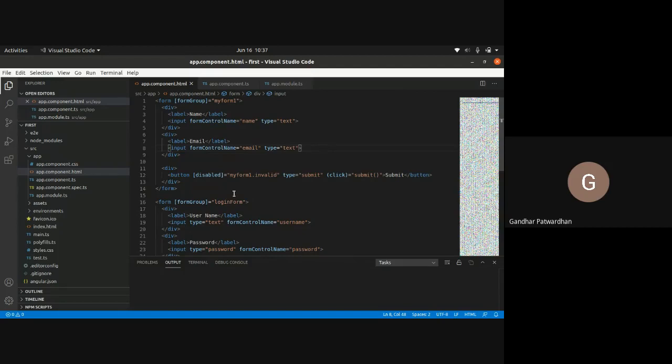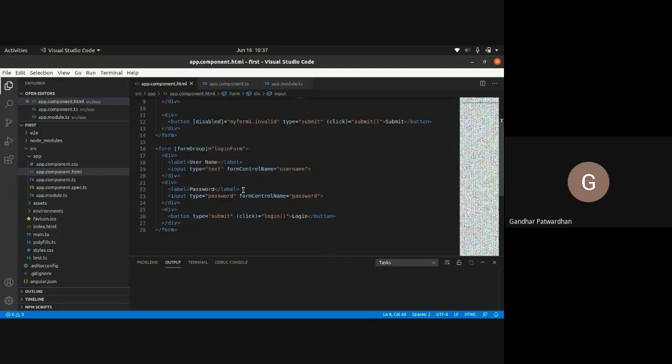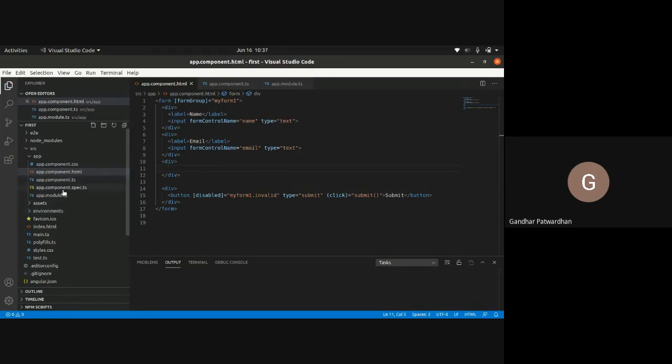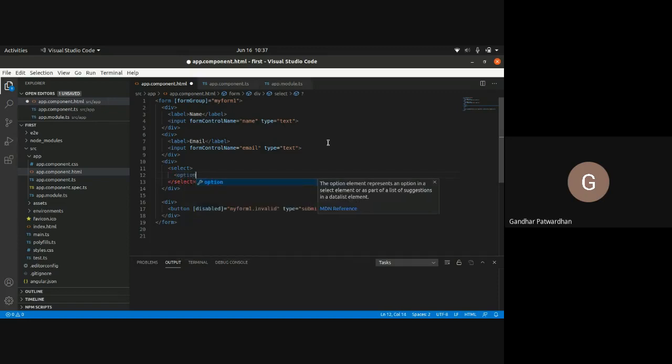So let us start. I'll remove this login form, and I'll use the form which we created yesterday, which had a name and an email, right? And I'll have another div tag. Inside this div tag, what we need to provide is the drop down for cities. To get a drop down in HTML, we have a select tag, and inside the select tag, we have an option tag.